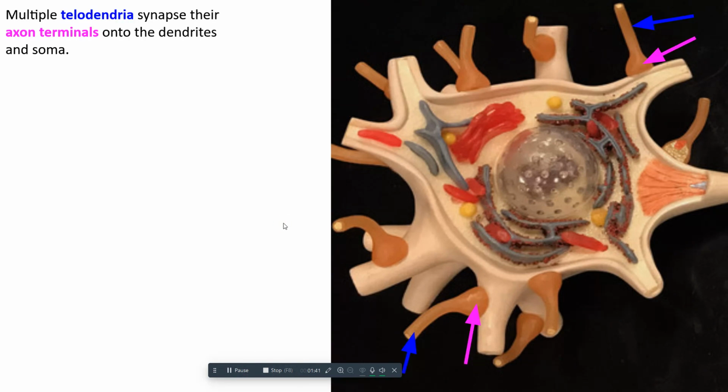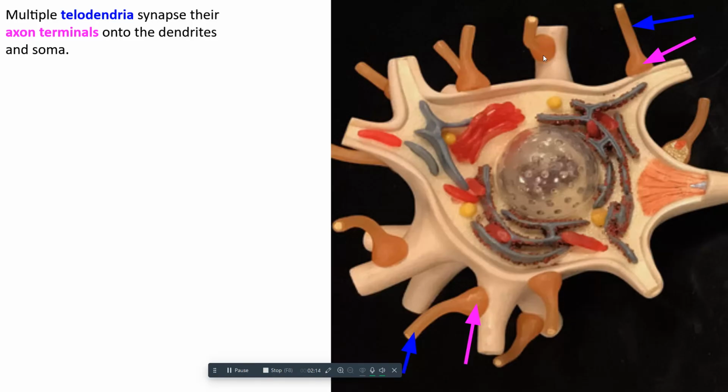So what I also see here, which is really important, is I see telodendria. So these little brown guys here and here and here, these are telodendria. Telodendria are branches at the end of an axon. So these are branches from the axons of other neurons. Okay? Telo means end, dendria means branches. So these are branches at the ends of axons of other neurons,